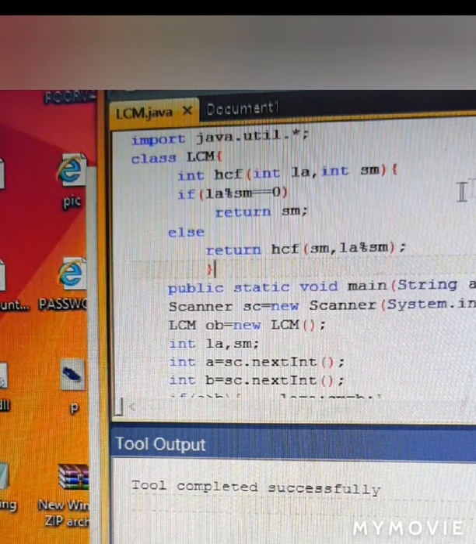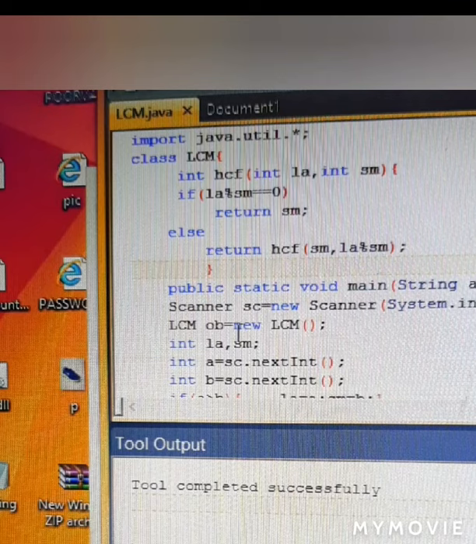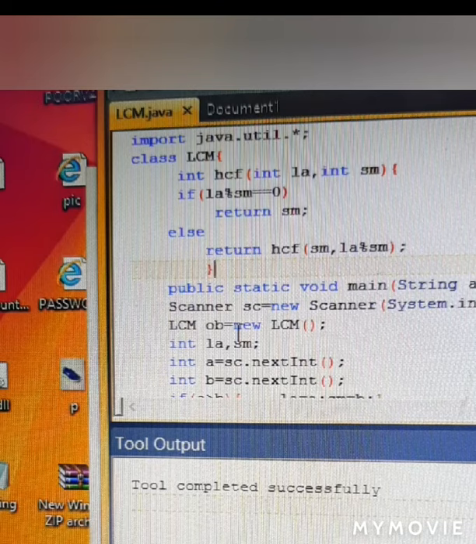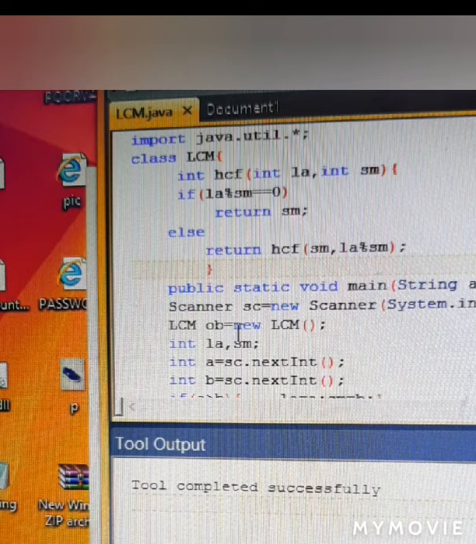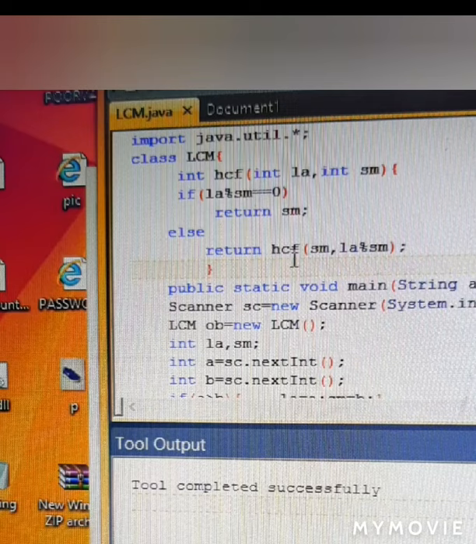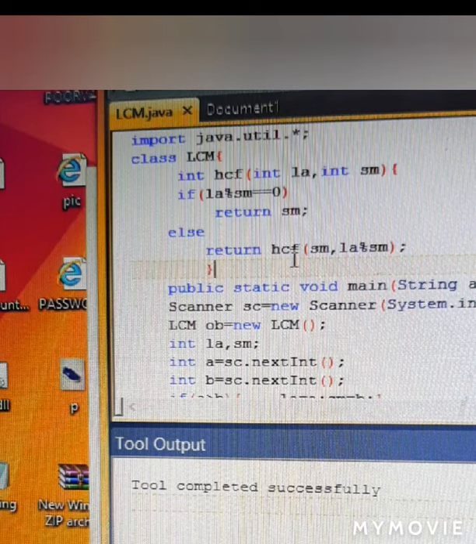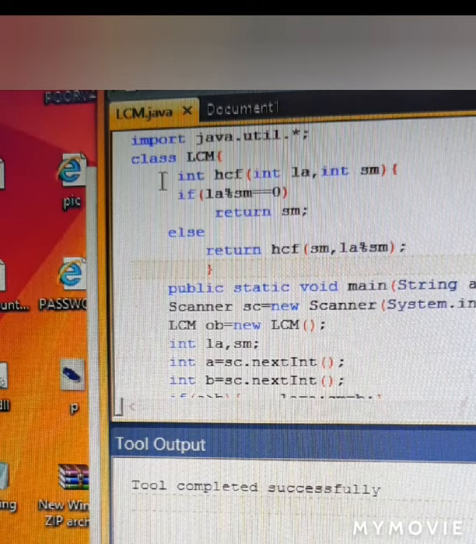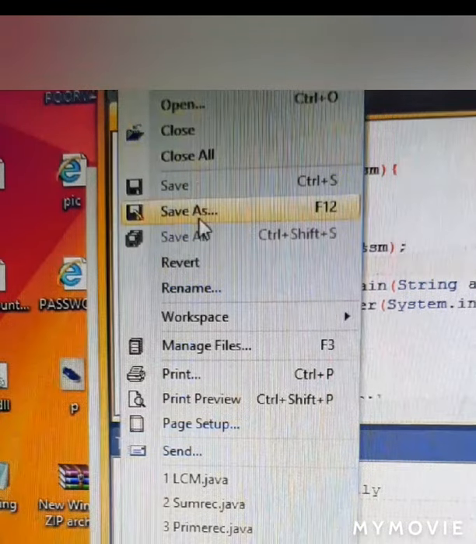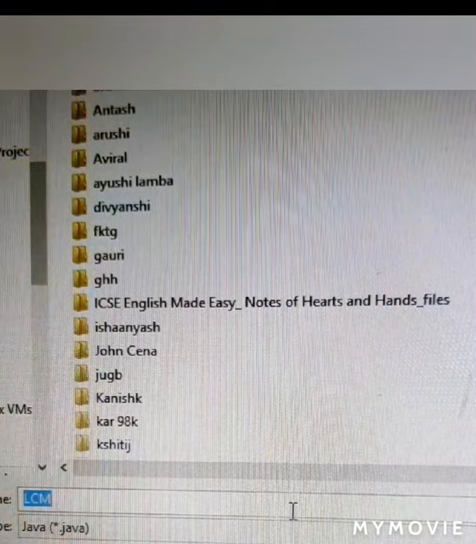Now let's look at another recursive function for a special number like 145. So 1 factorial, 4 factorial and 5 factorial, all of them when added will give you 145. But it's not possible in one function to calculate the special number. You will need two functions recursively, one for factorial, a recursive function, and the other for taking out the remainders from the number and sending it to the factorial function. How are we going to do it? Let's see. I'll save it as special.java.